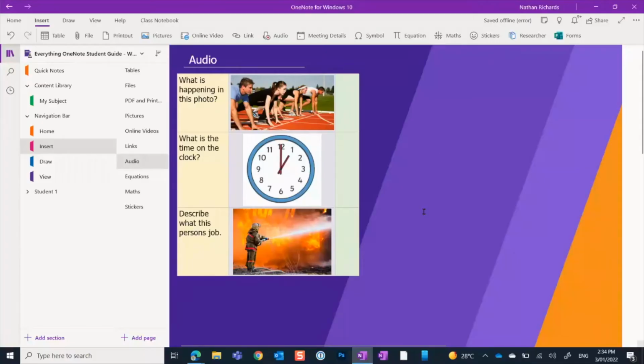This one is all about using the audio tool in OneNote, and it's a pretty cool tool. It's very specific to OneNote. And what we can do is record our voice and insert it on the page. So for this activity and how we're going to practice it is we're going to describe what is happening in